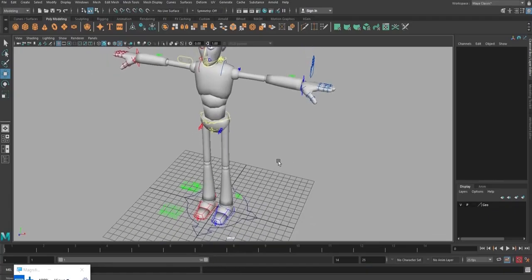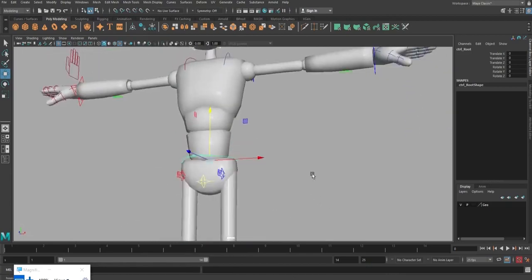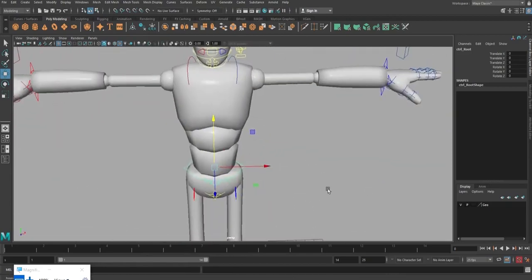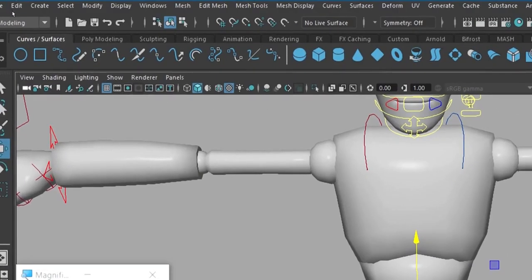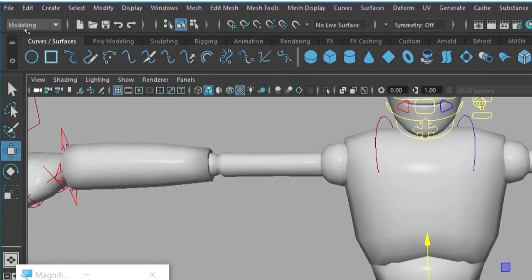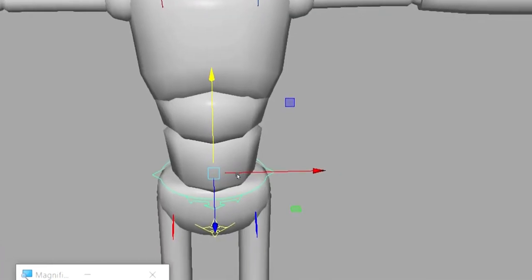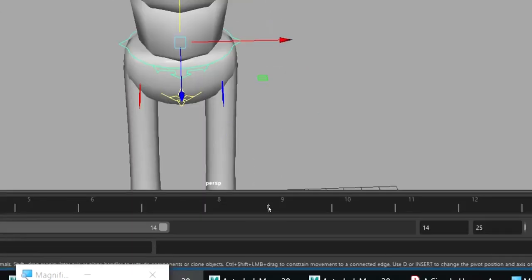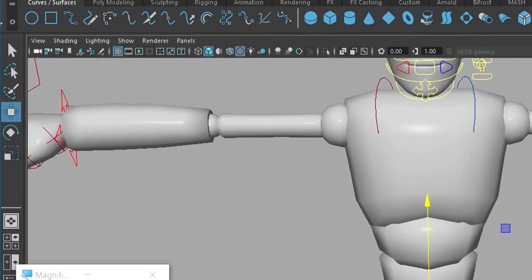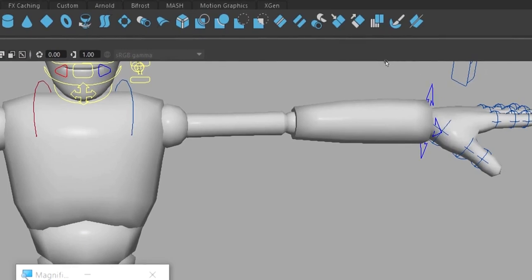Animation controller, these are the animation controllers. Mostly animation controllers are created using curves. You can see curves here. In curves you have circle, nurbs, square and everything, but mostly we will use circle, and we will alter the circle. We will make the circle into different shapes to differentiate between different joints where the controllers are attached.